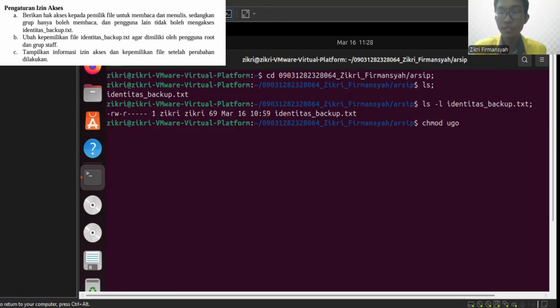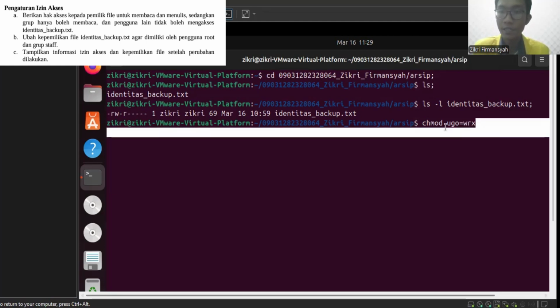If we want to set the permission, we can use equal, or if we want to add a permission, we can use plus, and if we want to remove a permission, we can use minus. And for write, we can define w, sorry, and for read, we can define r, and for execute, we can define x.